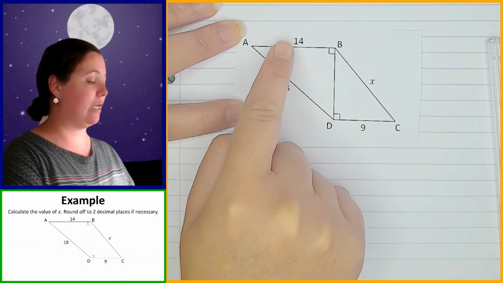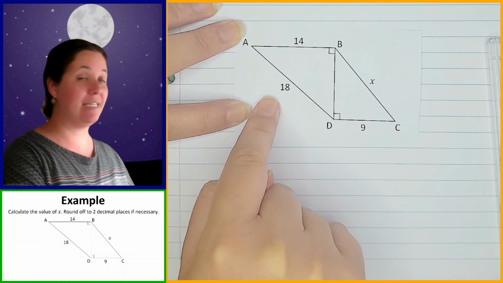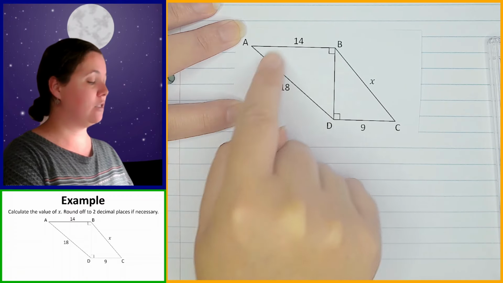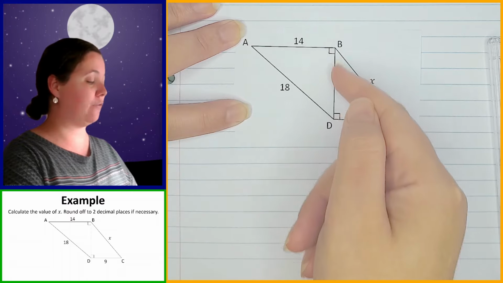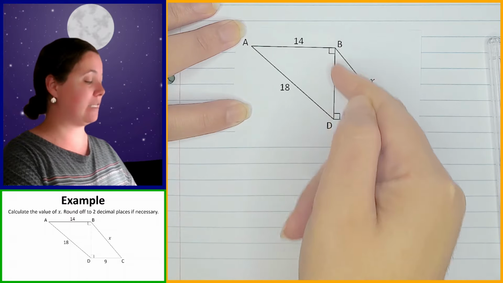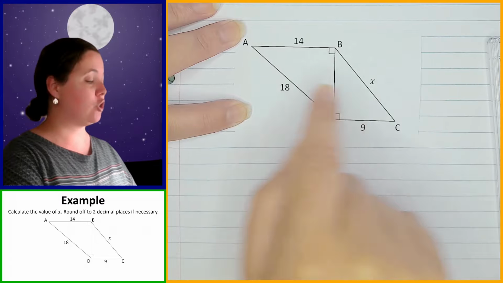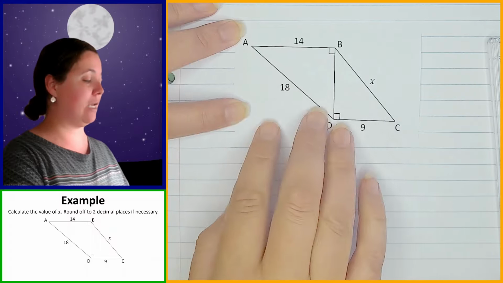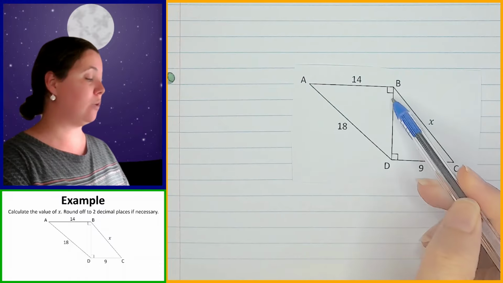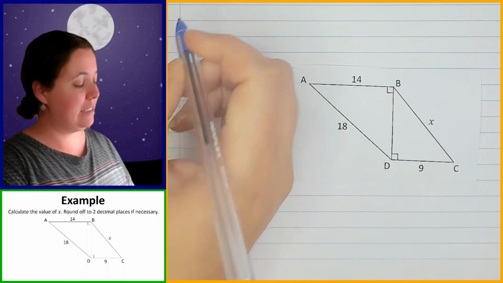And in this triangle, I know AB and I know AD. So I can use this triangle over here to work out the length of that side. And then once I know that side, I can then use that with the 9 to help me to work out x. So I'm going to start off by working in triangle ABD. So I'm going to try and work out BD. So I'm going to say BD squared